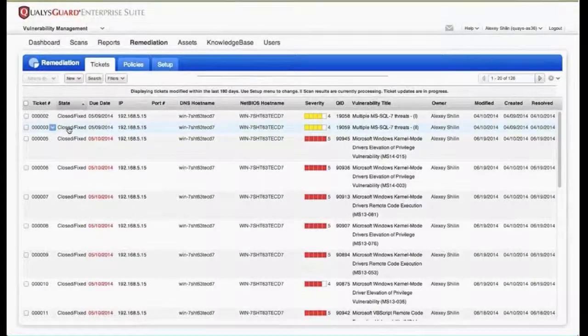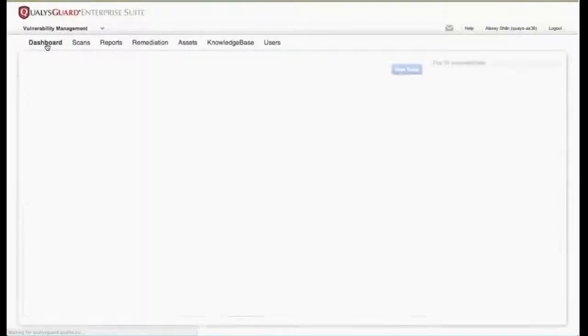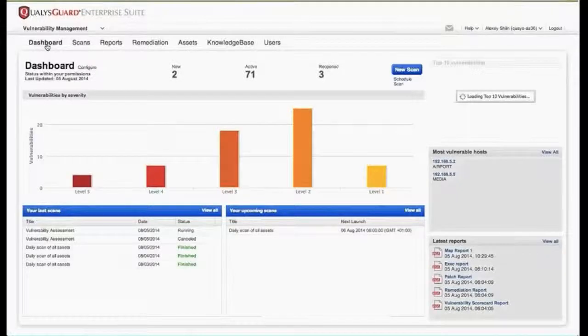So we don't have to synchronize it with our external ticketing tools, but it can be integrated through the APIs, and we focus on what is actually important to the organization, which is managing vulnerabilities, assessing them,